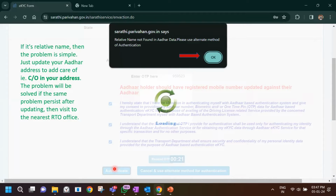The error that I got here is relative name not found in Aadhaar data. Please use an alternate method. What this says is, what is this relative name? You have all your information correct in your Aadhaar card. Recently, there was a change where care of is mandatory in your address. Now, care of could be care of your father's name, care of your husband's name, or care of your own name and address. So in case that care of is missing in this,